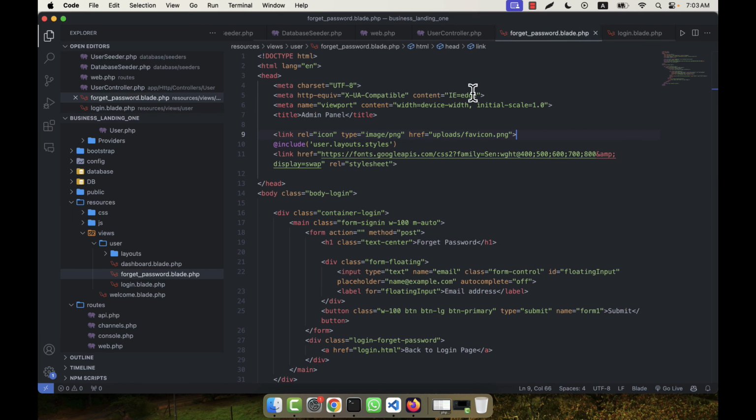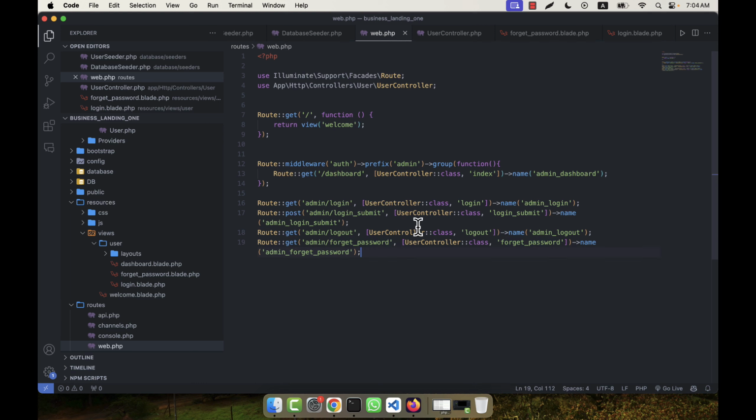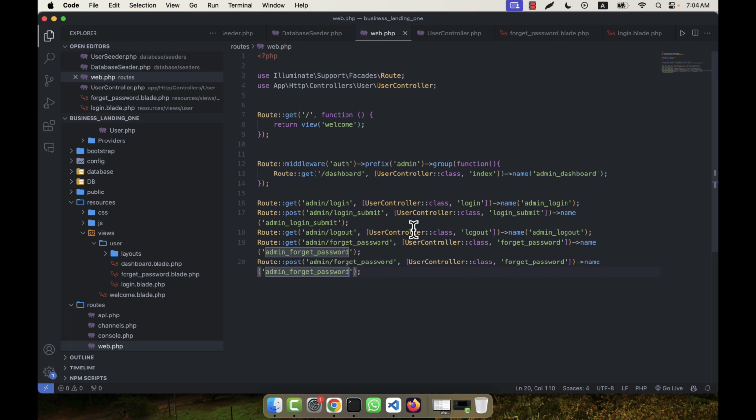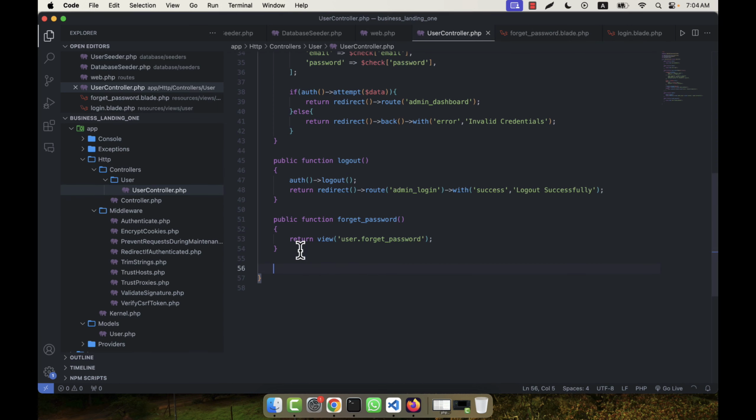Okay, so admin forget password submit route I will have to define here, that is I am going to copy and paste it. This is a post route, so I give here post forget password submit, and this will be forget password submit, and here it will be submit also. So when it will be submitted, then it will come here, and that is public function forget